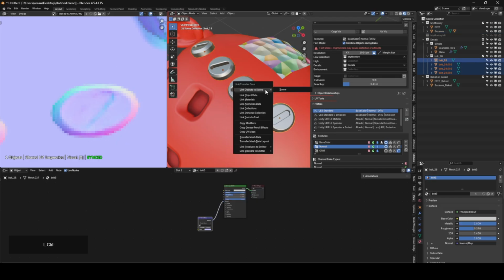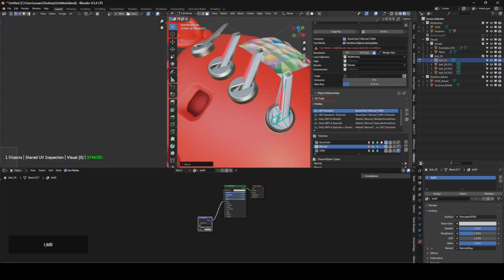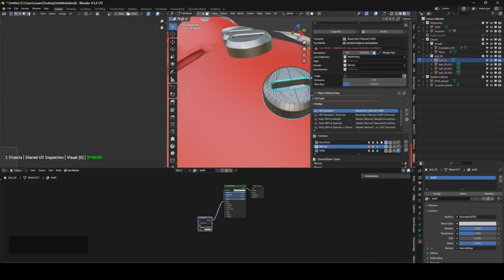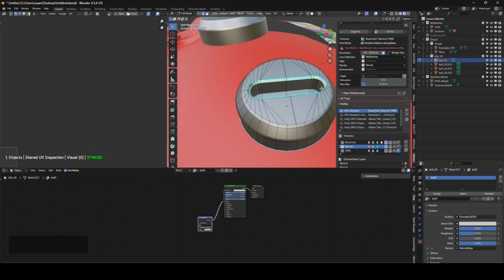Then you want to do Alt-Control-L and do link object data. Now this means that if we modify one of them, all of them will be modified. So we want to fix this. And we do this by making the